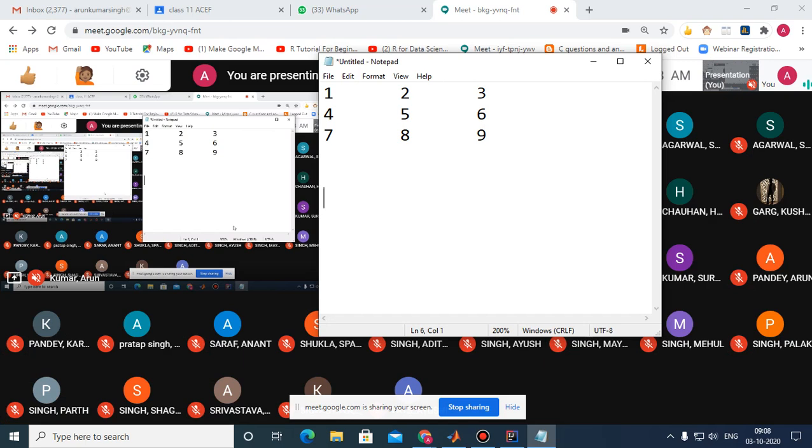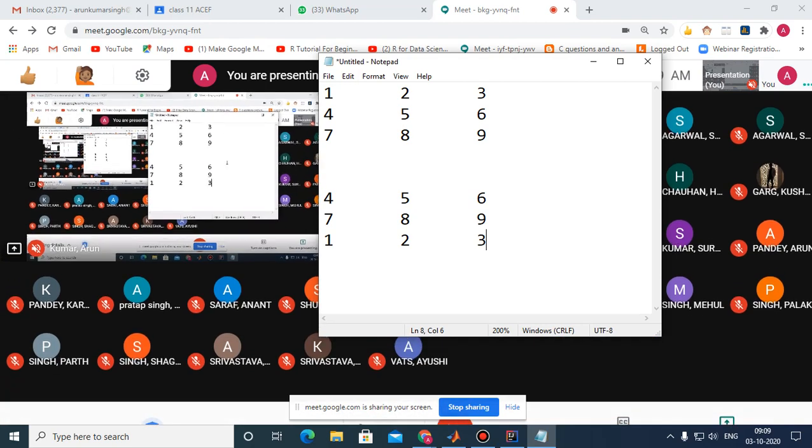The second row will become the first, the third row will become the second, and after that the first row becomes the last. So write a program to implement this, all of you.